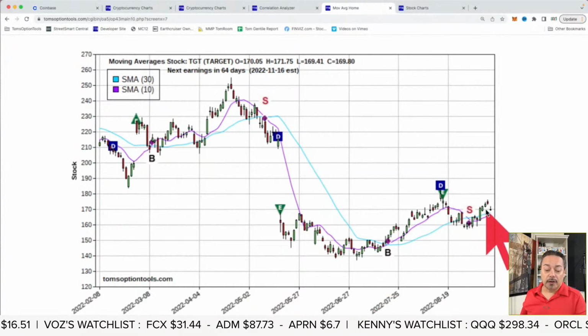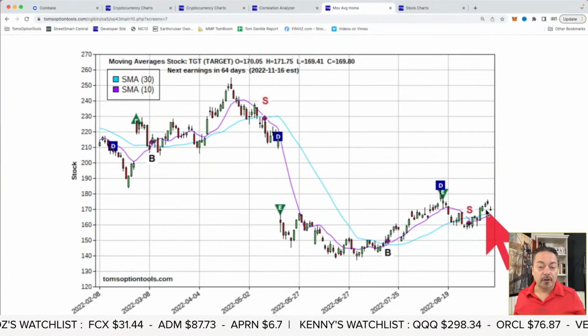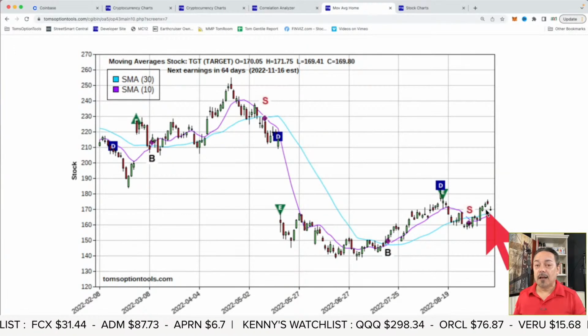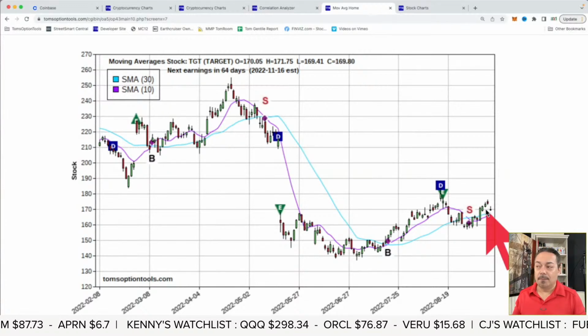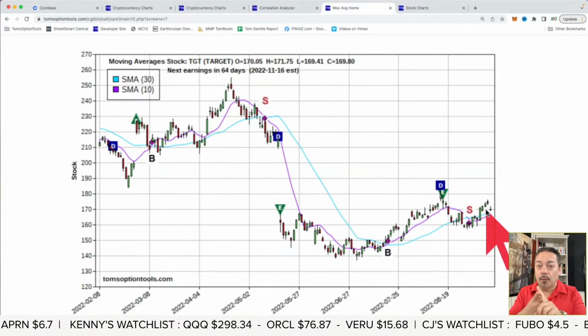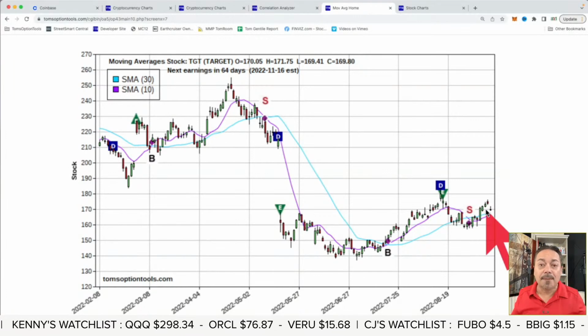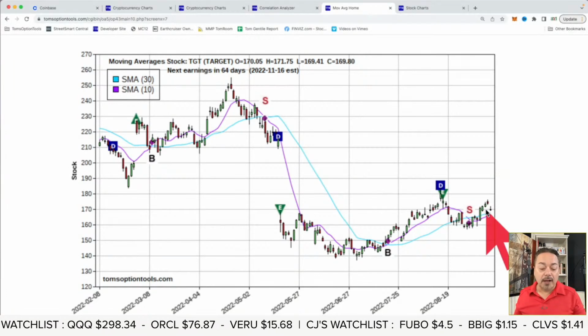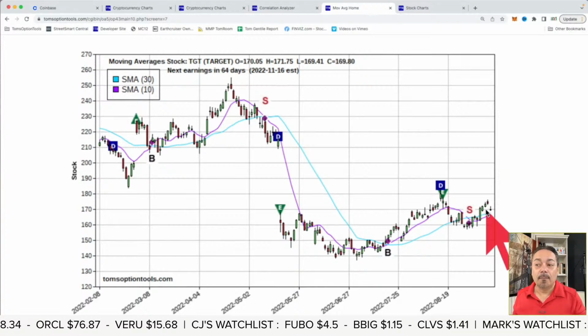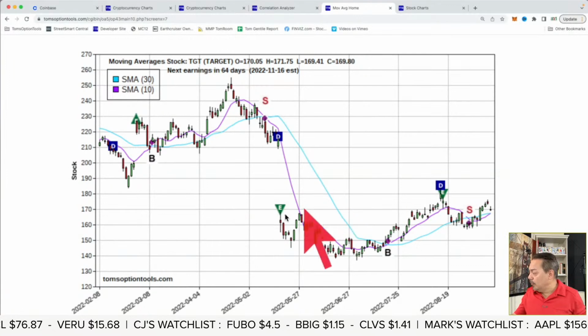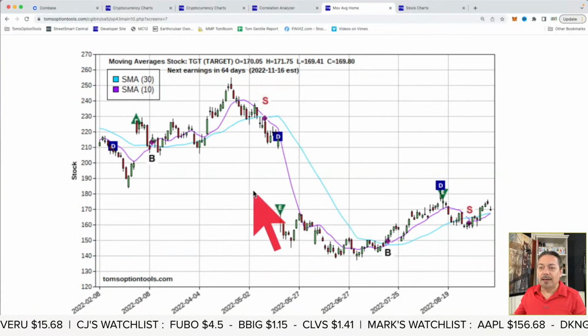But is Target, you know, there's a lot of speculation that if interest rates are going to keep climbing, it's going to affect Target, and it will affect retail stocks. But my software doesn't look at news reports. My software doesn't look at opinion. It looks at raw data. And the raw data we're going to be looking at tomorrow is: is it passing the noise filter? There seems to be a little bit of noise down here, so we're really not sure.